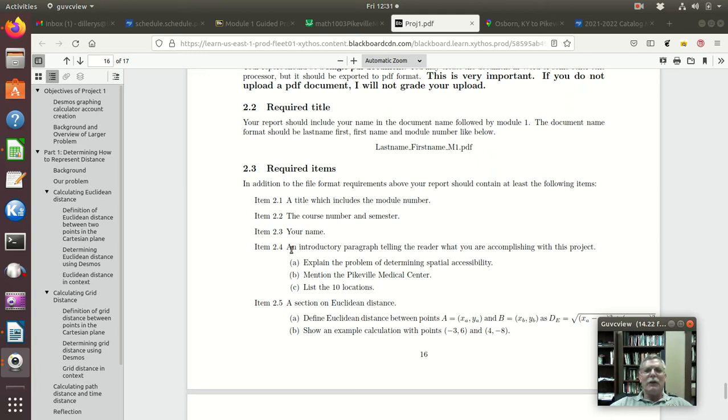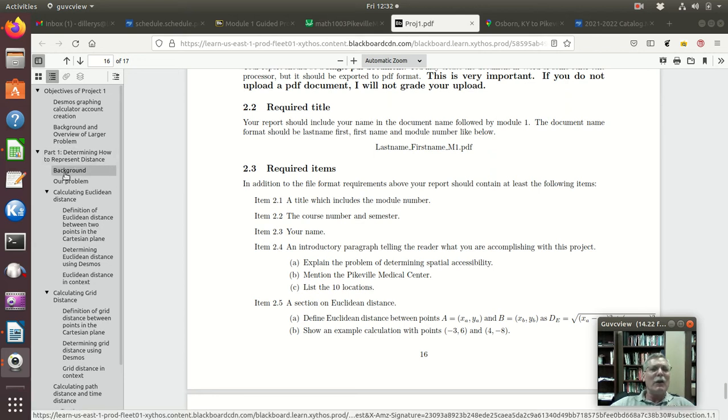But now we look and it says, okay, make an introductory paragraph telling the reader what you are accomplishing in this project, and I help you, okay, explain the problem of determining the spatial accessibility, mention Pikeville Medical Center, and list the locations. You can go ahead and take a lot of what I put in this project description way back here on the background.